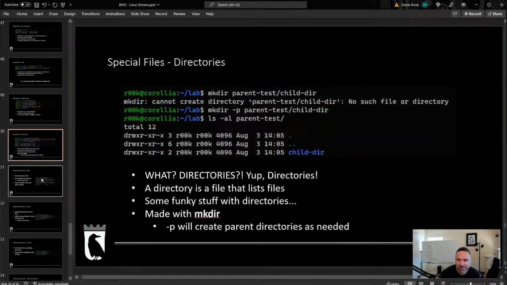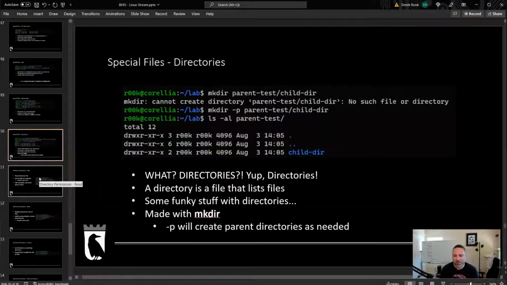Okay, so I call out in this module that directories are special files, and this is a super important thing to understand when you're talking about file permissions, because directories are files. Everything in Linux is a file, and that includes directories. People think of directories as folders, and they're not. What they are is special files that maintain a list of the files underneath it.